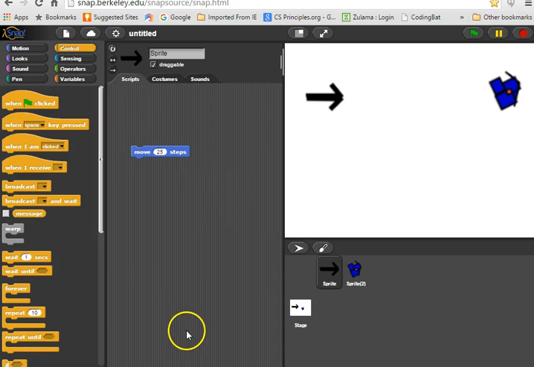Go to Control. Yeah, let's do when space key is clicked. So when space key is clicked, move 25 steps. Okay? And then